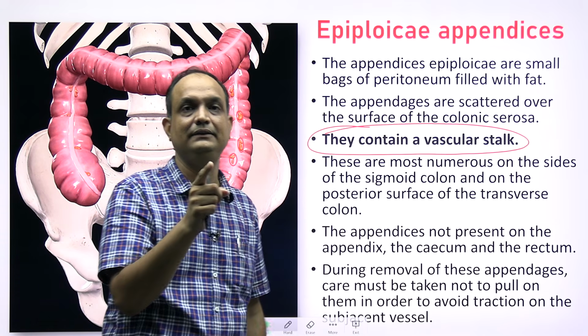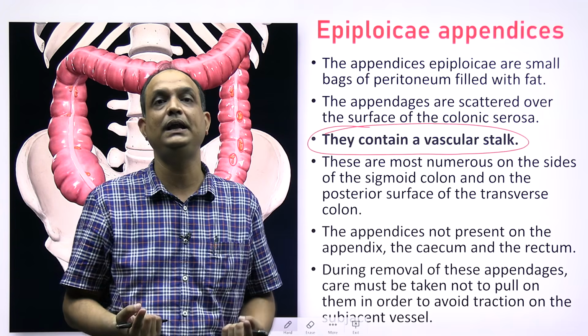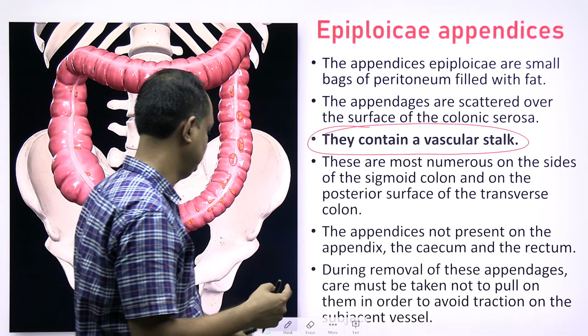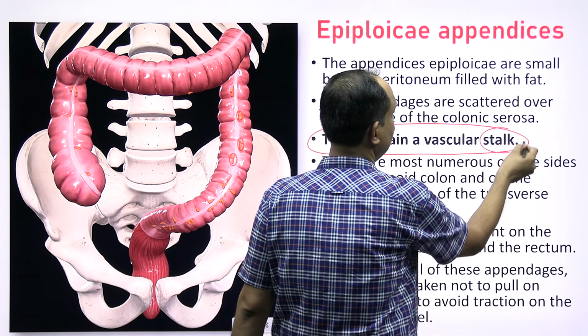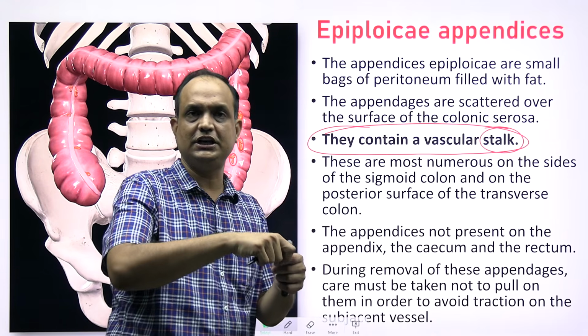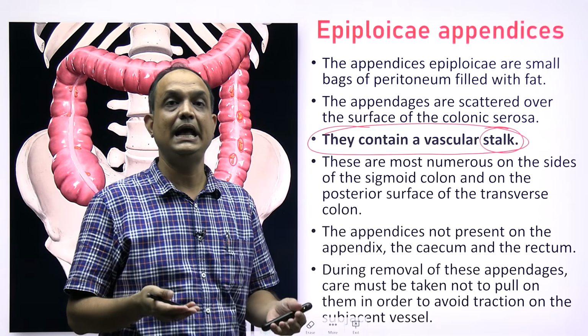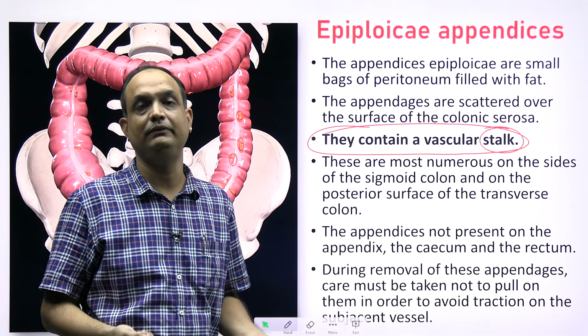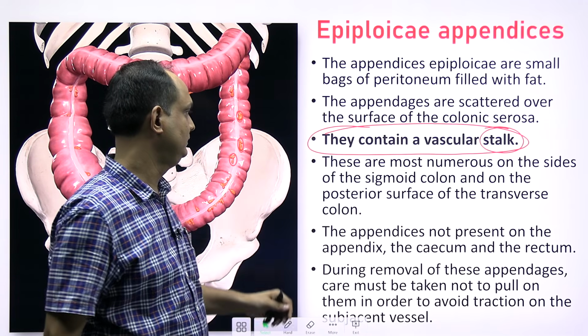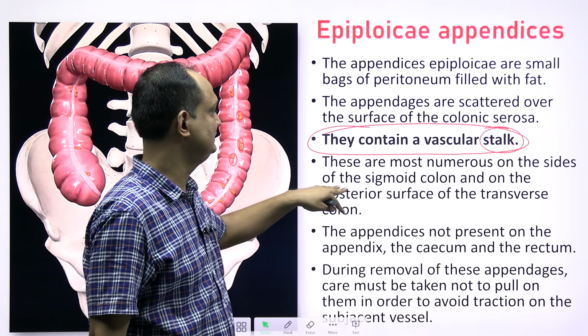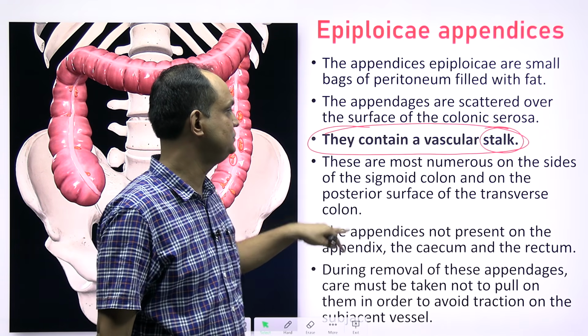Because these appendages have a centrally placed artery which forms the vascular stalk of these appendages. So if you just pull these appendages, it is going to create a hemorrhage. It will tear the blood vessels. So it should not be done. These are the most numerous on the side of the sigmoid colon and on the posterior surface of the